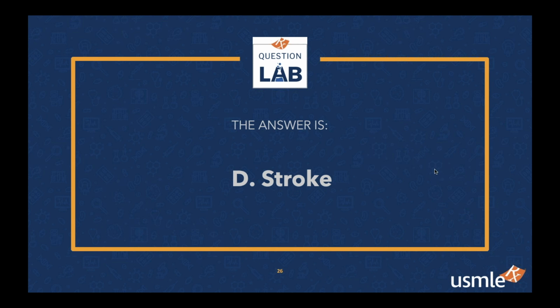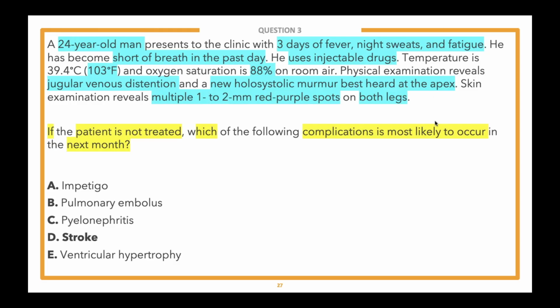Thank you, Sean. So definitely a tough question. Let's see what's going on here. This patient has a fever, has fatigue, and they told us has a heart murmur, okay? So let's take a look at that vignette and see exactly what kind of clues they're giving us about that murmur. We can see there that it is a holosystolic murmur best heard at the apex, okay?